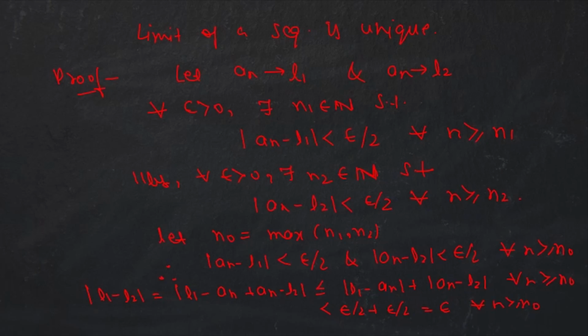and this is true for every epsilon greater than 0. Therefore |L1 - L2| is equal to 0. This implies that L1 is equal to L2, right? So therefore we have seen that the limit of a sequence is unique. Okay,